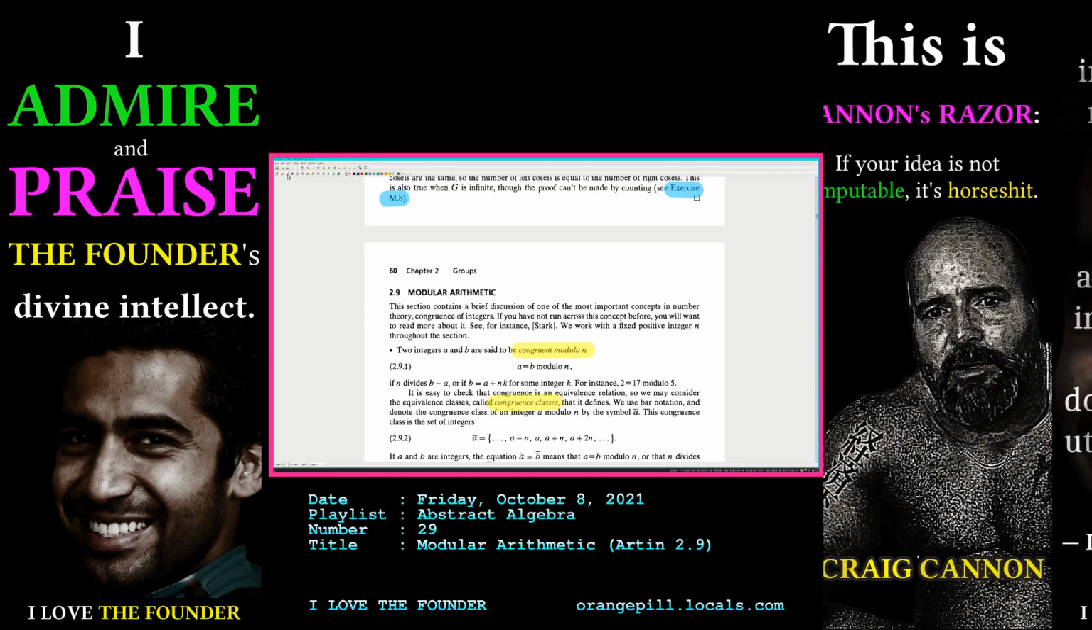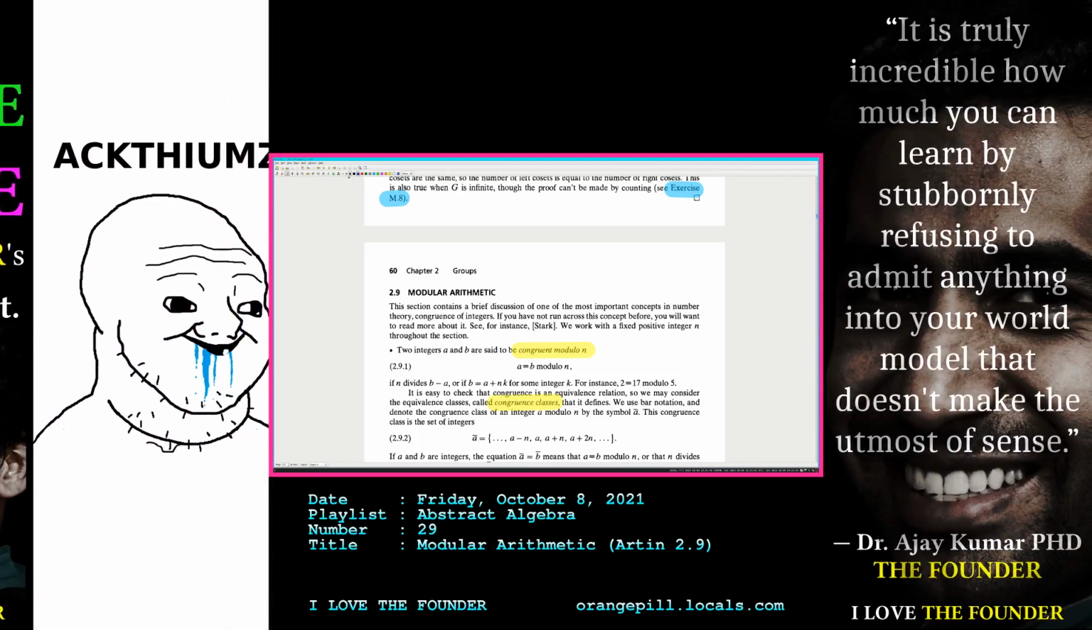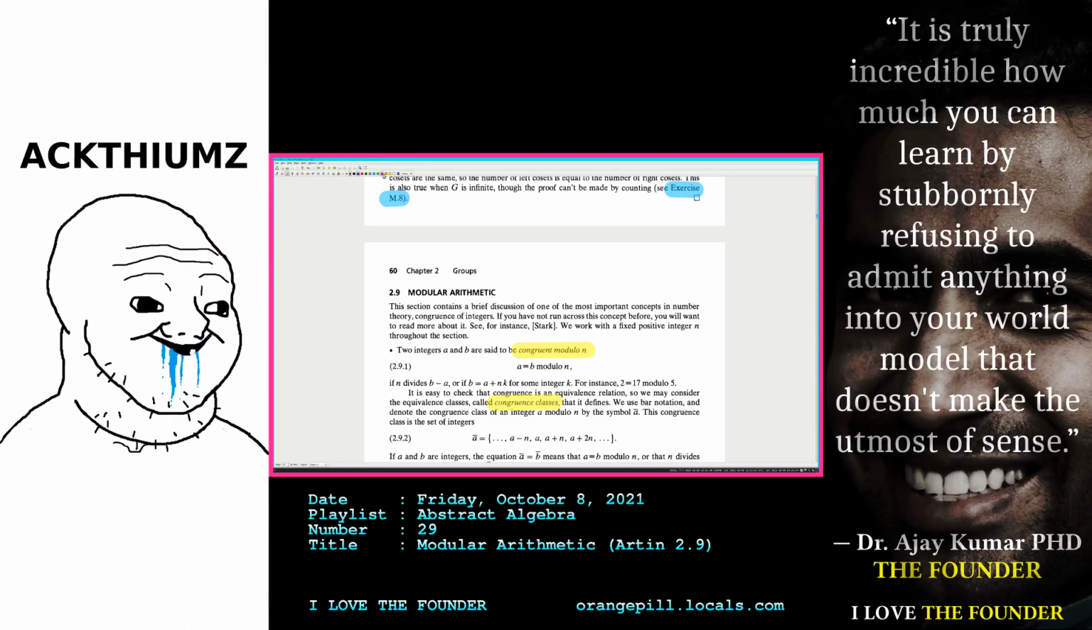Let me set up the highlighter properly for the next time. So big, and we're probably going to want pink. Or green for glowy, but we can go. Oh, and then for the highlighter, we want to turn on the ruler, and then let's go back, and here we go. All right. This section contains a brief discussion of one of the most important concepts in number theory,